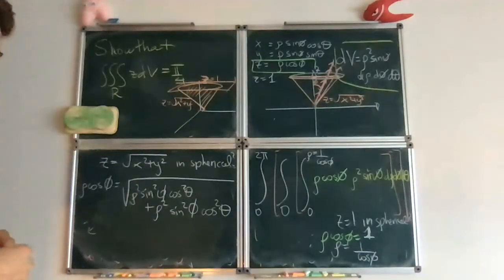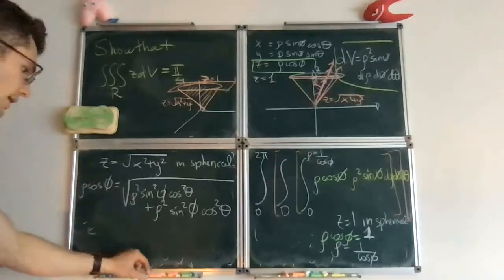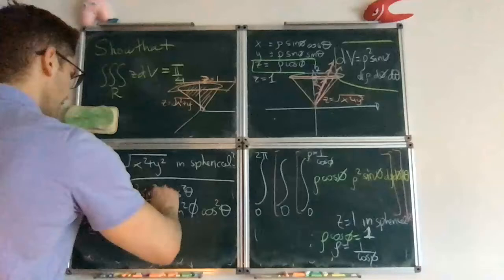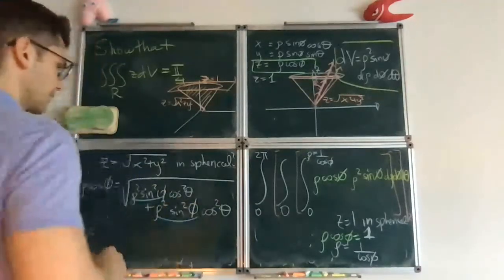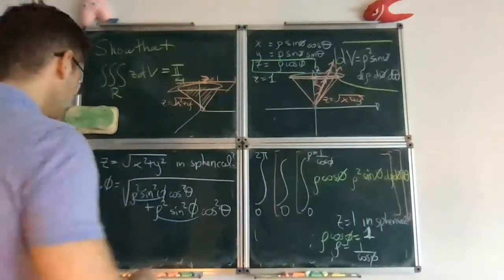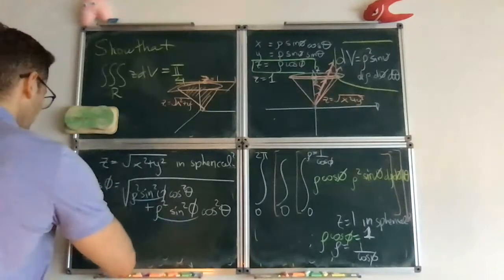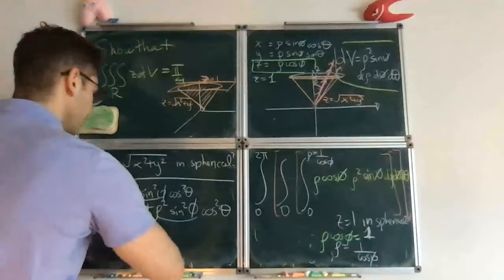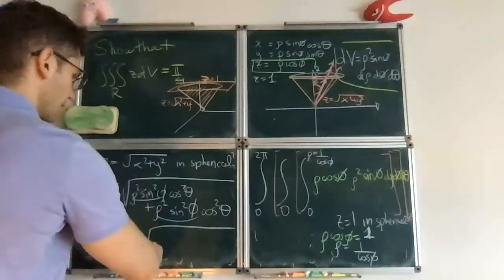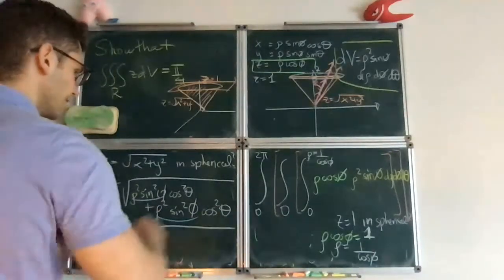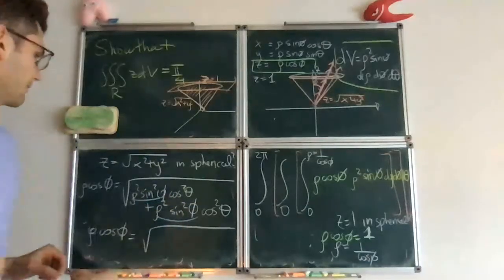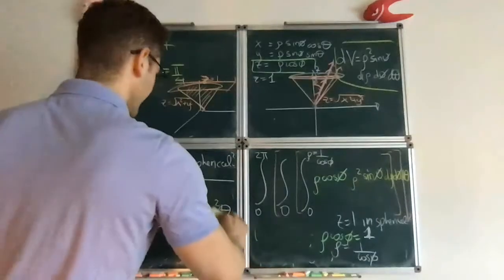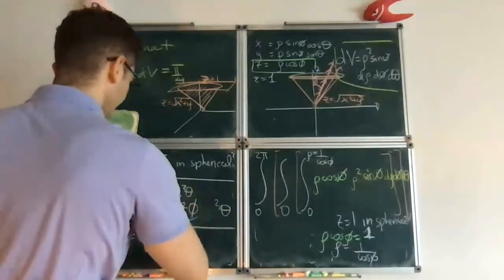And so what you can do is notice that both terms have rho squared sine squared of phi. So you can factorize this, and that gives you rho cosine of phi equals the root of rho squared sine squared of phi times